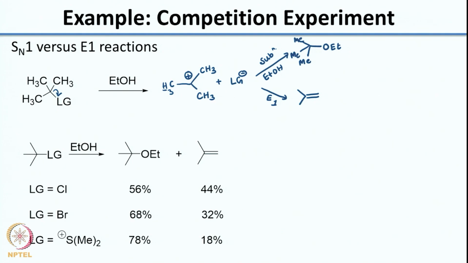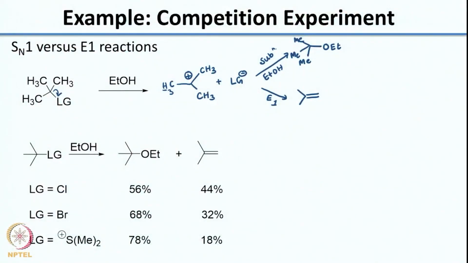This is not true for any SN1 or SN2 reaction. It depends on the nucleophile you are using, the solvent you are using and the leaving group. In this case, you see similar behavior between Cl and Br, but with the charged leaving group you see a different behavior. So now how do you explain this mechanism? So how you can explain this is, shown here I have shown you the carbocation intermediate and the counter ion for that separately. Now you can imagine a scenario where once you have the carbocation formed,